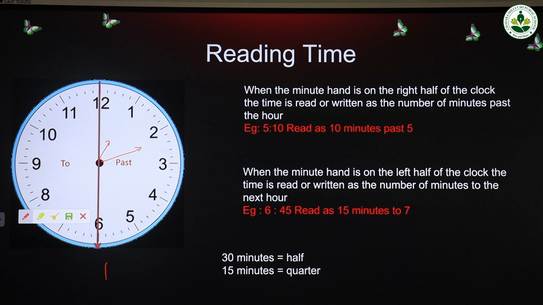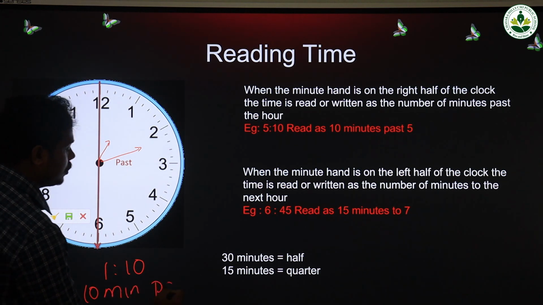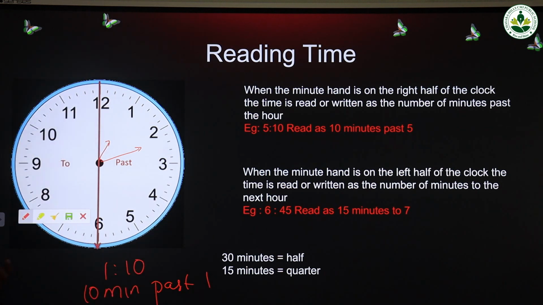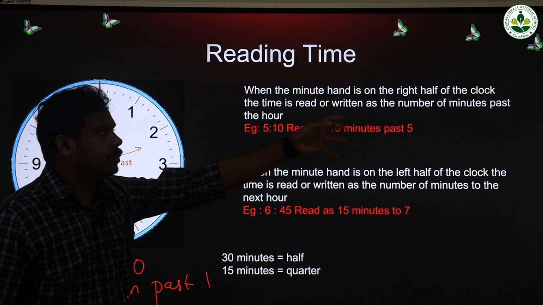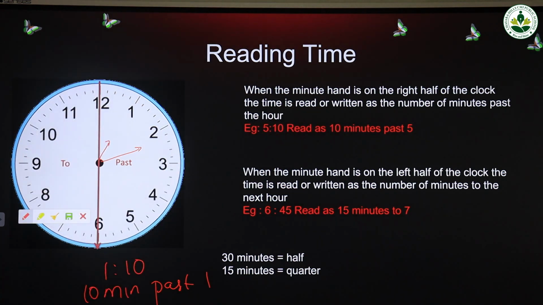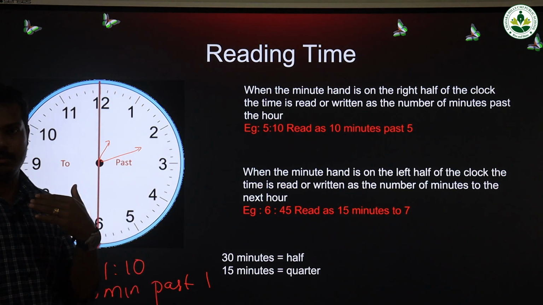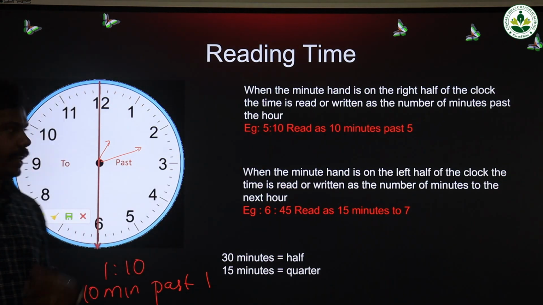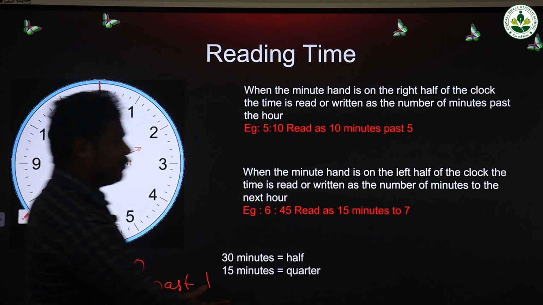1:10. Or we can write the time is 1:10. Or we can say 10 minutes past 1. When the minute hand is on the right half of the clock, the time is read or written as the number of minutes past the hour. For example, 5:10 is read as 10 minutes past 5. Another example, I will read